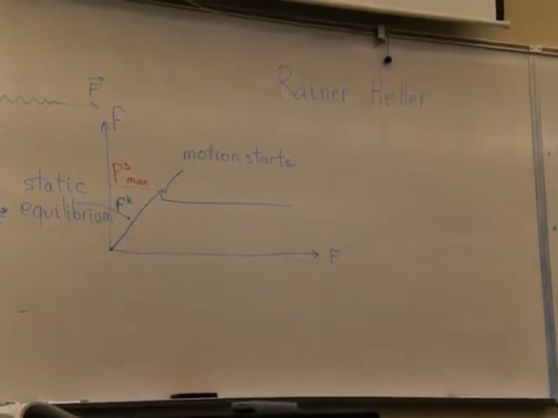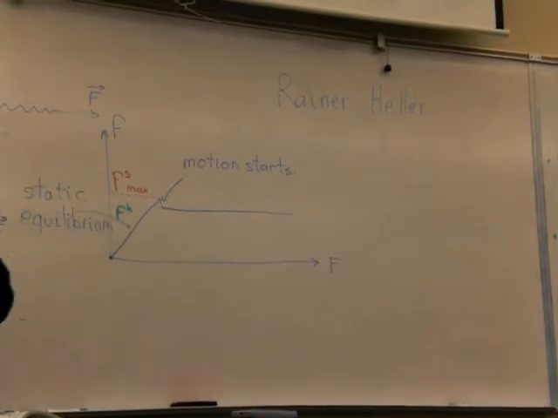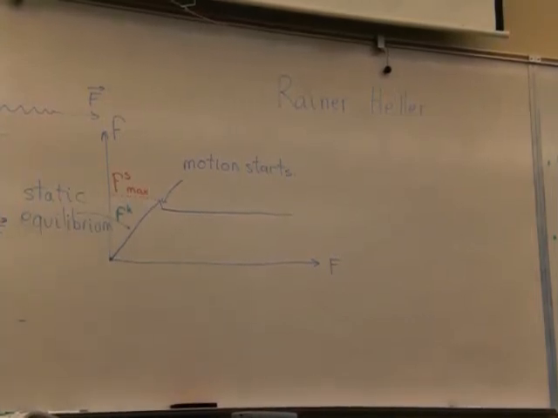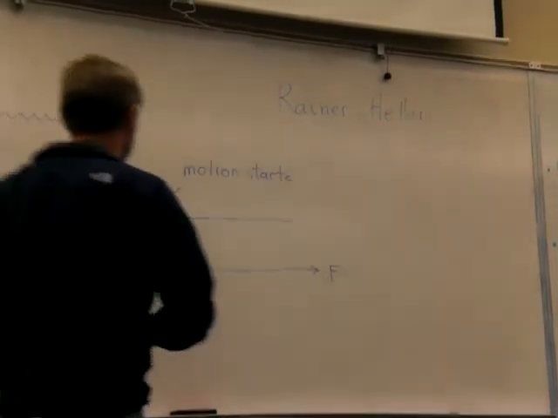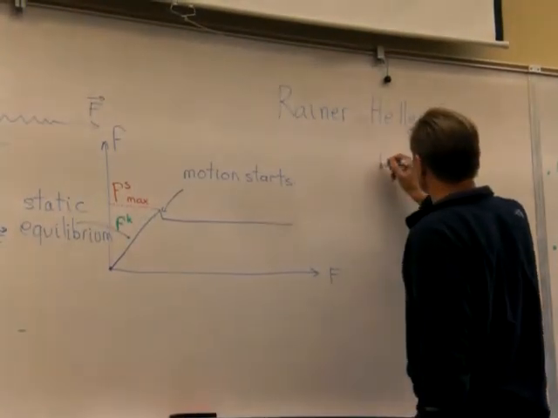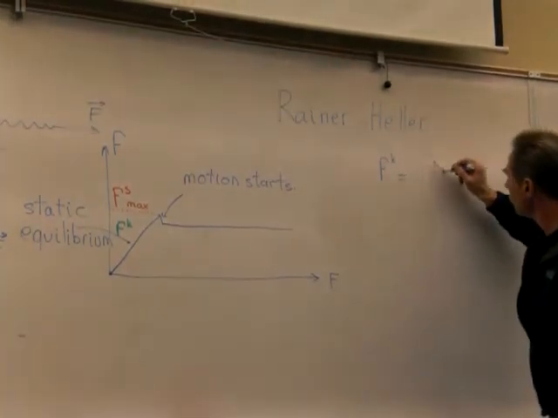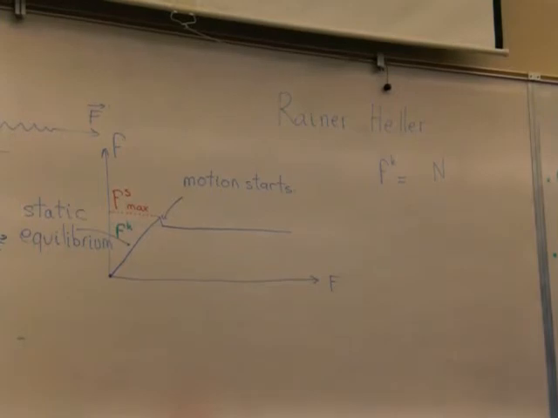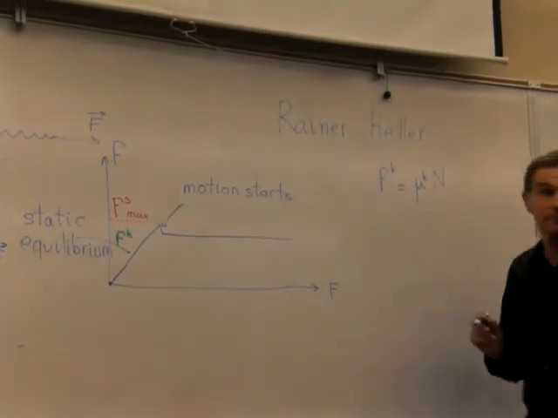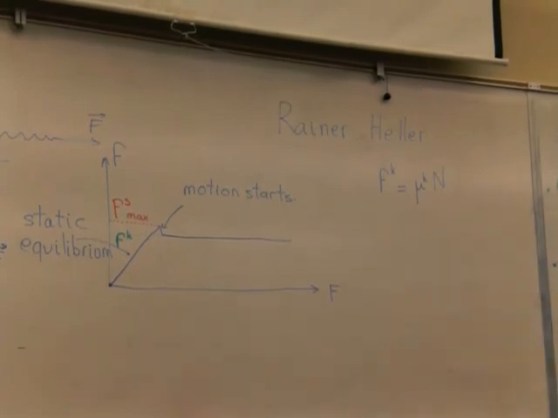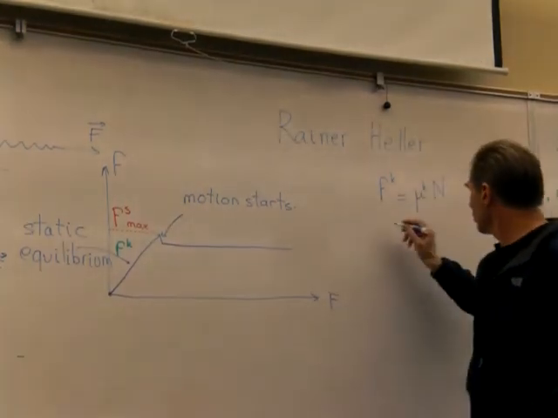You have a relationship between these forces of friction and the normal acting on the block. And that relationship is Fk in magnitude is equal to N, the normal, times a coefficient, which is called the coefficient of kinetic friction. And you have something else, which is the maximum